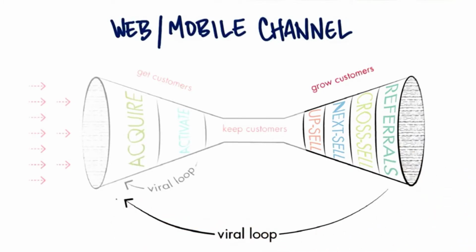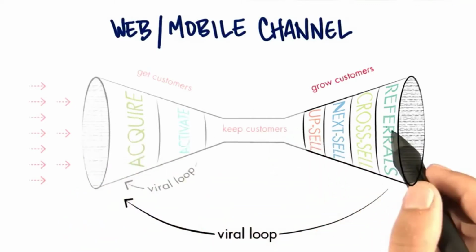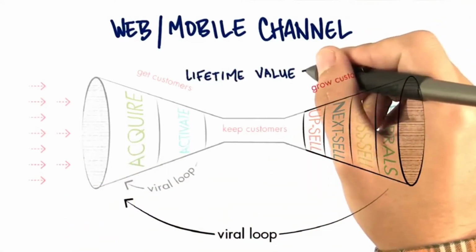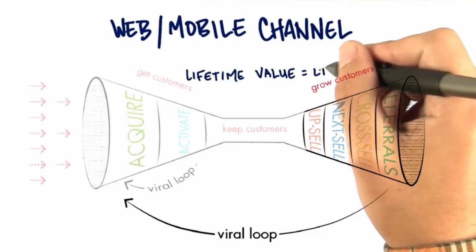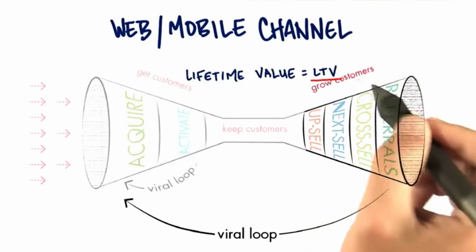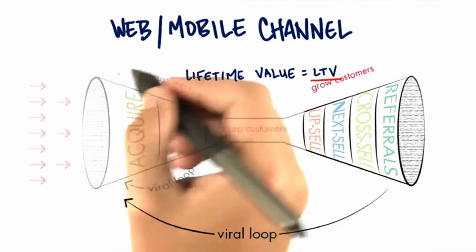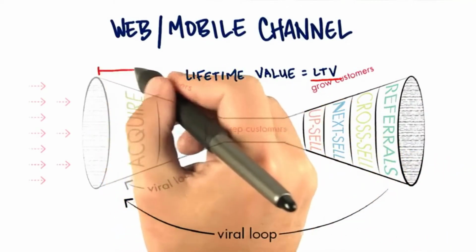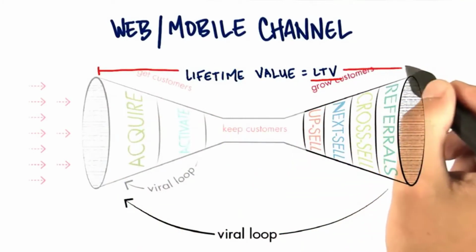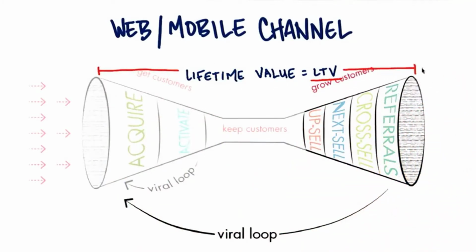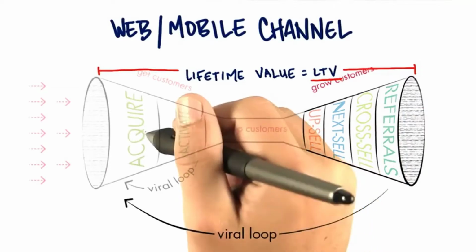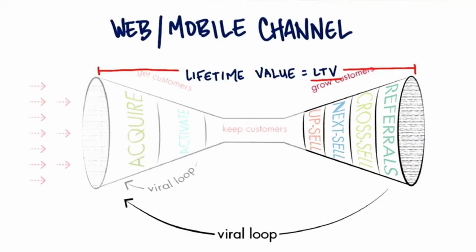One of the most important metrics to think about now that we have an end-to-end funnel is something called lifetime value. And lifetime value, LTV, is not your lifetime, but your customer's lifetime. How much will they spend with you and your company from the beginning to the very end? And this is kind of an interesting idea because most startups and most founders are focused on how do I get them to activate here? But for you to be a successful company and actually thinking about how much you could spend on them over here, you need to understand, can I get them to spend more and more over time, and how to keep them longer and longer by reducing churn?